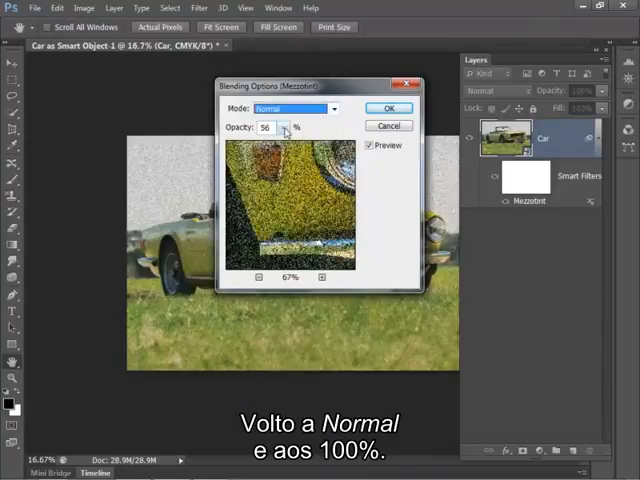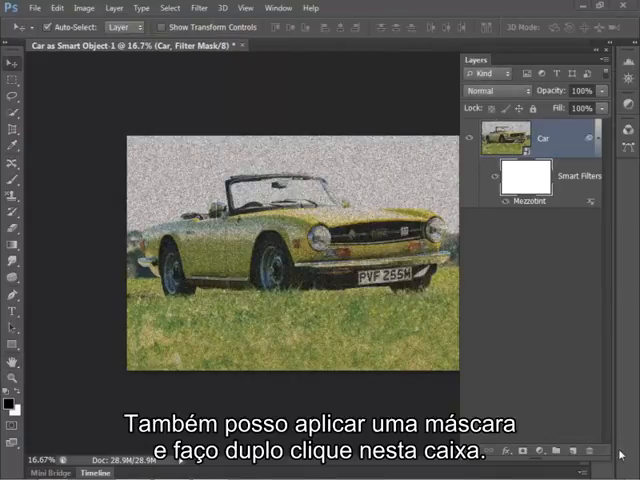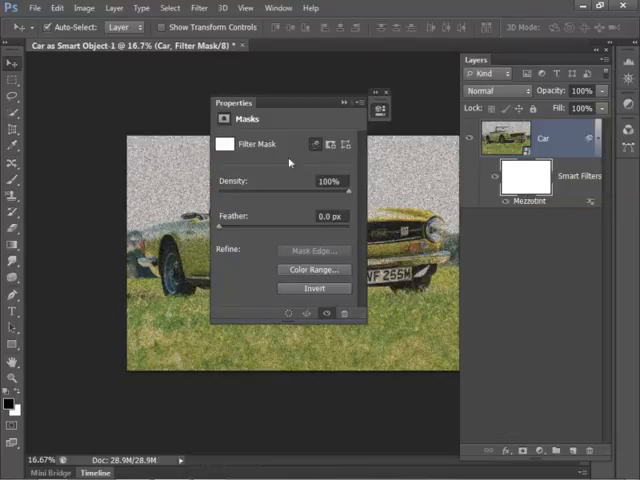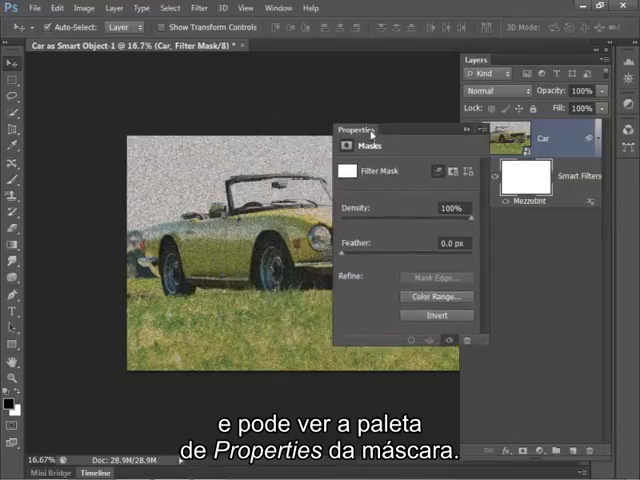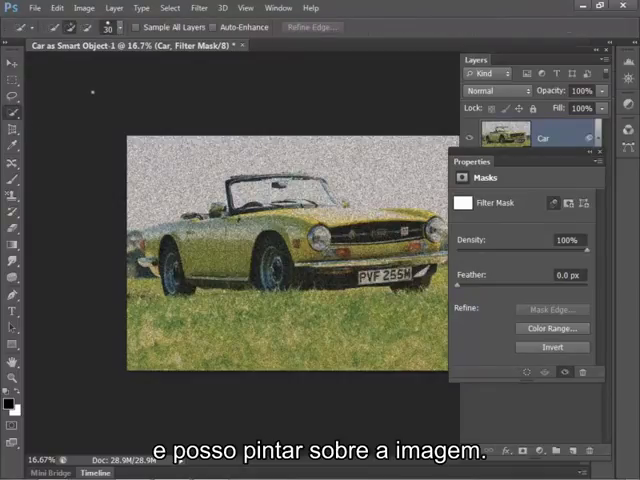I just go back to normal and to 100%. Another thing I can do is apply a mask, and all I need to do that is to double click on this box here, and now you can see I've got the mask properties box open. So I just need to select a brush